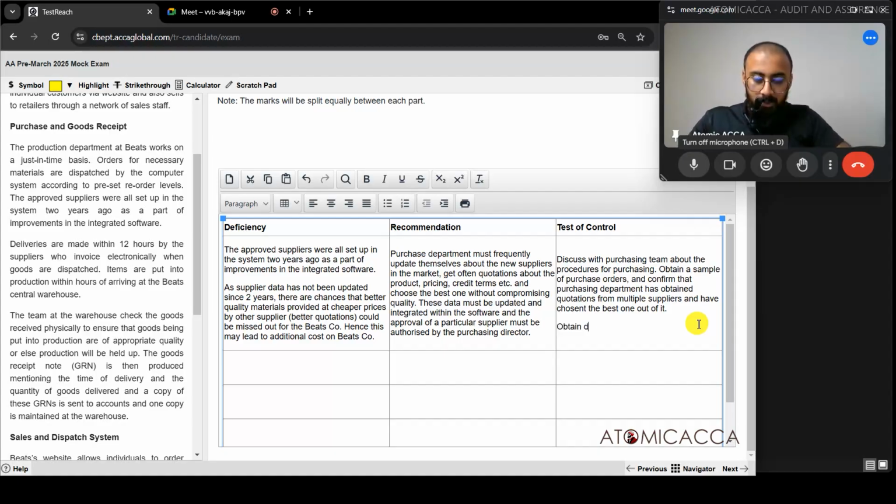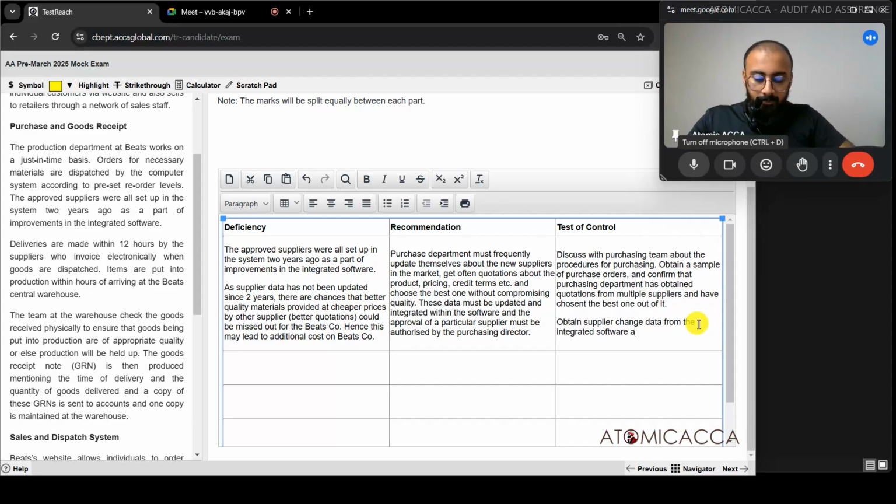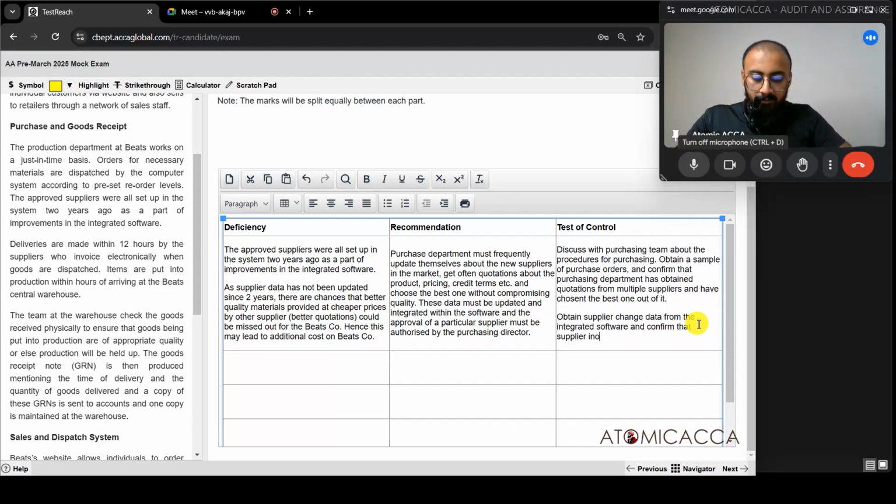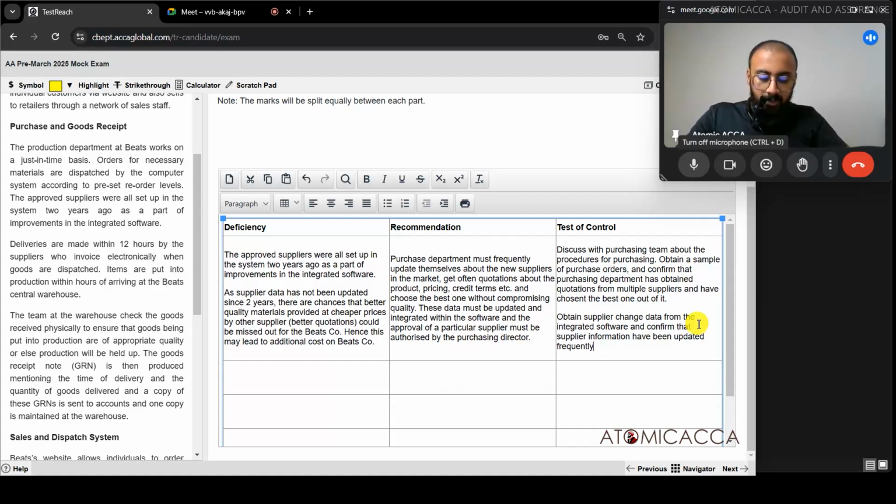Obtain supplier change data. Supplier change data means I just made up that word. Supplier change data means how many times the supplier data have been changed within that system. So change data from the integrated software and confirm that supplier information have been updated frequently,